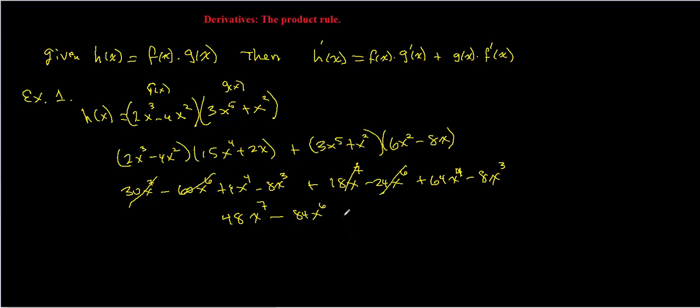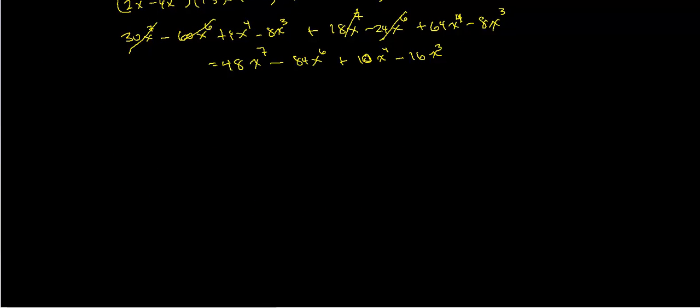Finally, next we get plus 10x to the 4th, and then finally 16x to the 3, and that will be our derivative of this product. Now, sometimes you have a function that doesn't look normal. For example, let's say I have f of x is equal to